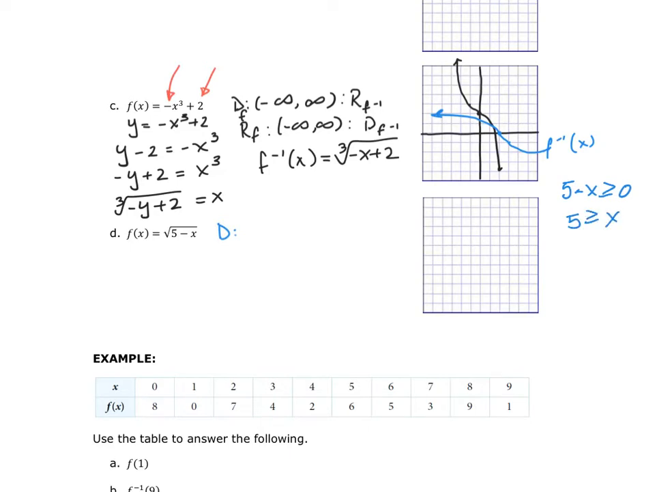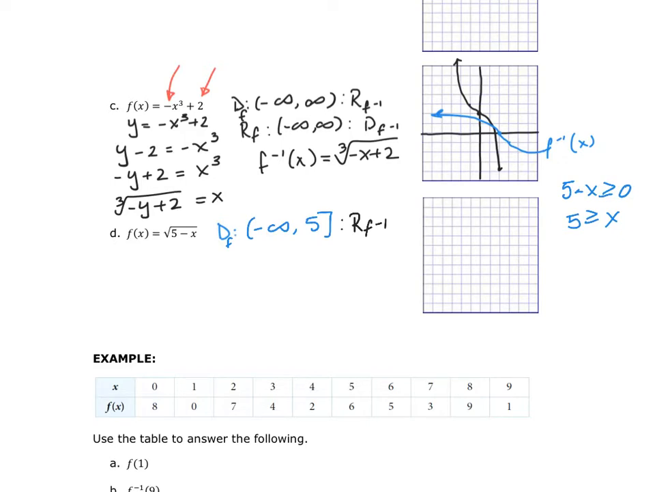All I did was move the x over. So I know that my domain of my original function must go from negative infinity to 5. And that tells me right out of the gate, I have found the range of my inverse function. So let's go ahead and